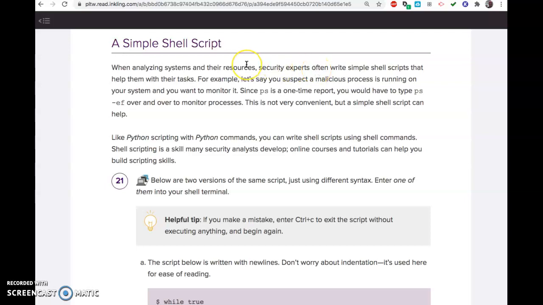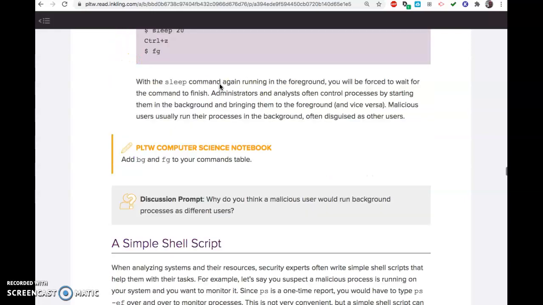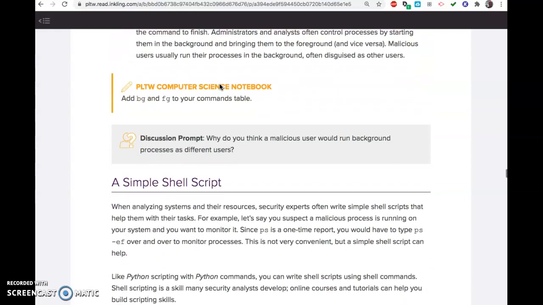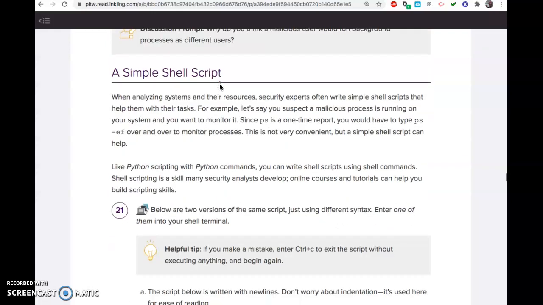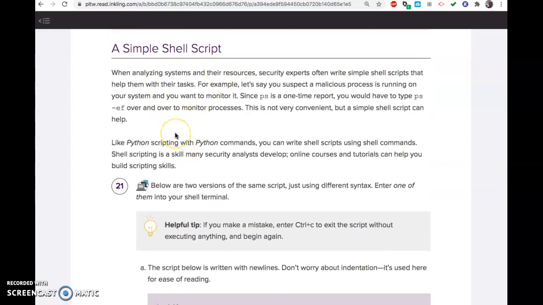Alright, so this is a video hitting the highlights of the end part of 313. So in class we got done with number 20. And after that, you're going to write your first script in